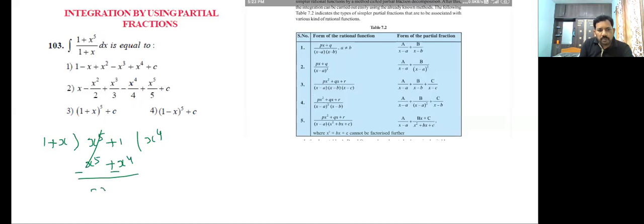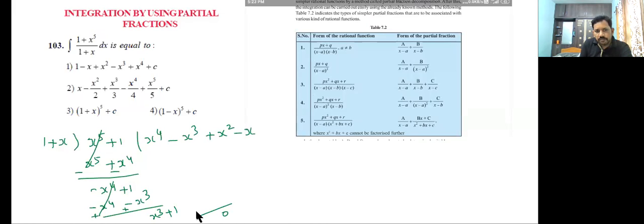And even you can write, no problem, minus x power 4 plus 1. Multiply with minus x cube. So here you will get minus x power 4 minus x cube. Again do the long division. This is a plus, this is also plus. It is going to cancel. Remaining will come x cube plus 1. Like that you can do. Finally you will get the remainder when up to these terms you are done. Plus 1.